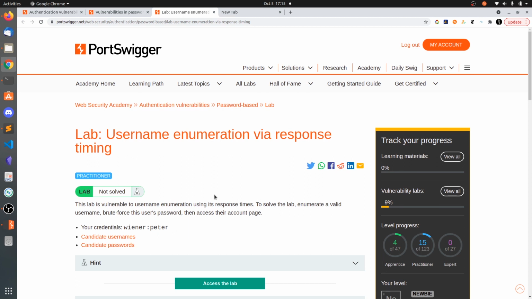This password validation takes some time because it will hash the password, fetch the other hash from the database and check both. If both are the same, then only you get the access. So this process will take time. If the username is wrong, it obviously does not check for the password. So this small delay in the response will tell us whether the username is valid or not.